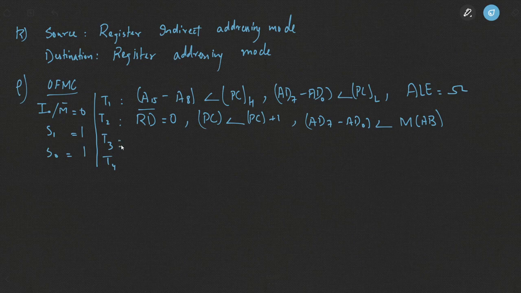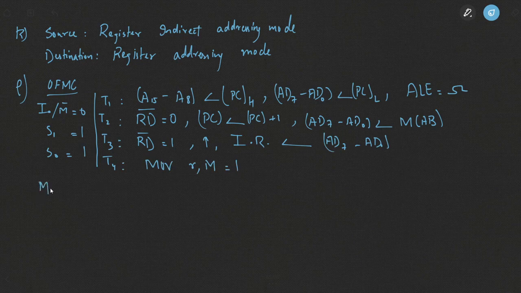The contents of the address location are fetched from the address bus. After this, in the T3 state, read will now become equal to 1. This is a low to high transition, and since this is an opcode fetch machine cycle, the instruction register will be loaded with the contents of AD7 to AD0, and in the T4 state, move R comma M will become equal to 1. So this is your first machine cycle, but in this case you have another machine cycle,